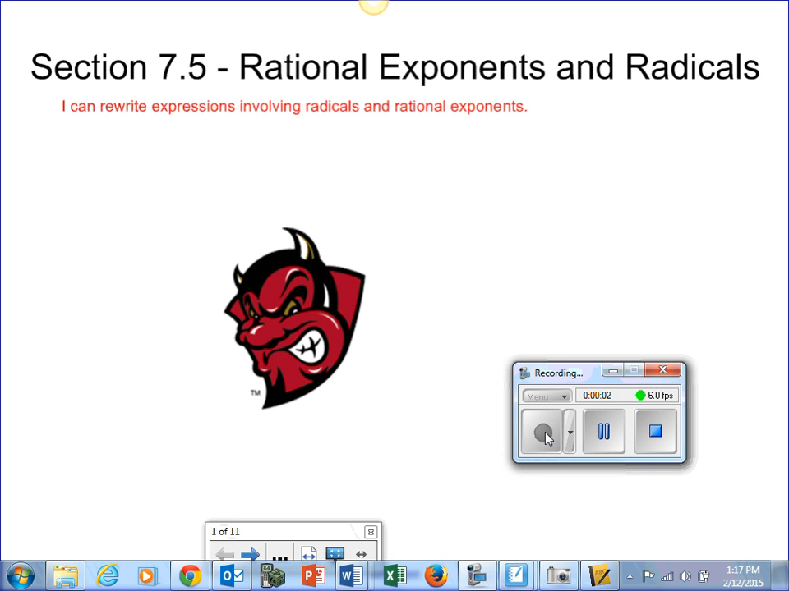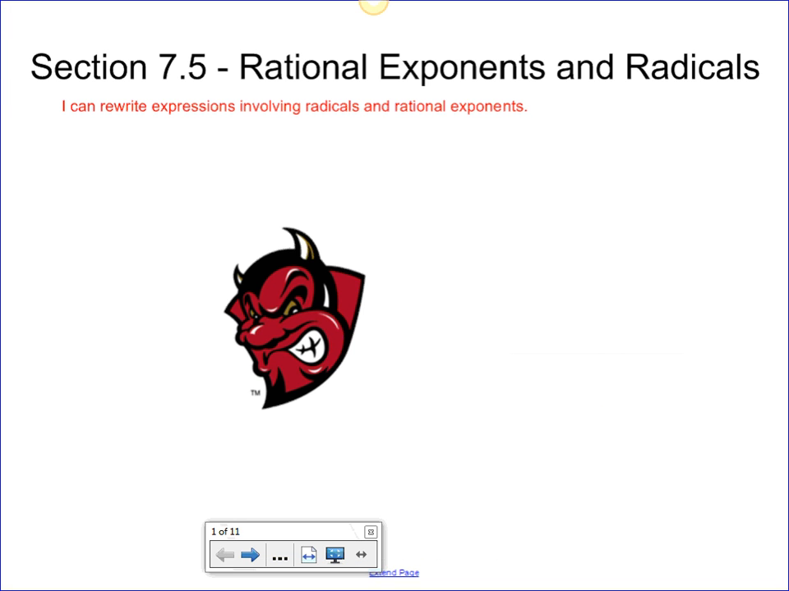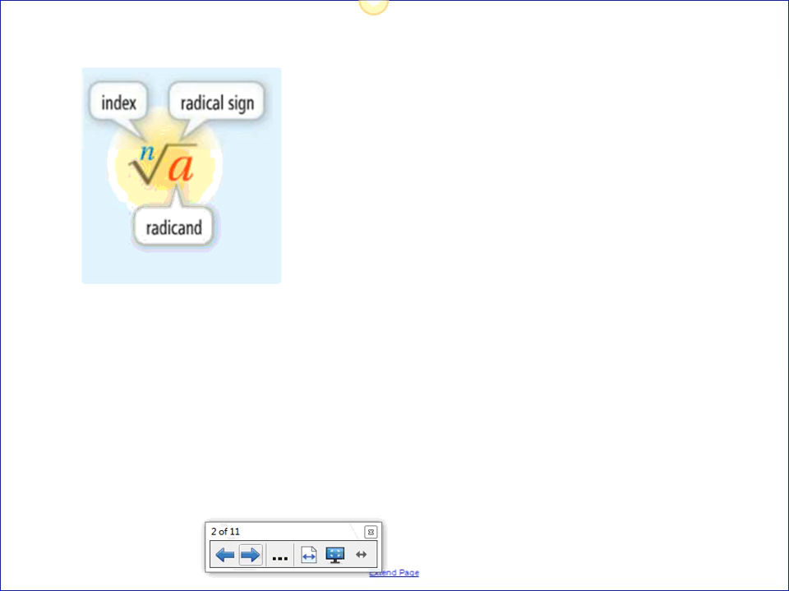Okay, today we're looking at section 7.5, which deals with rational exponents and radicals. Hopefully by the end of this section you can say that I can rewrite expressions involving radicals and rational exponents. Okay, so some